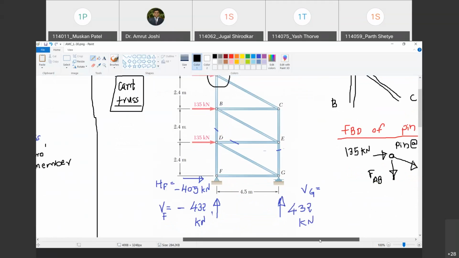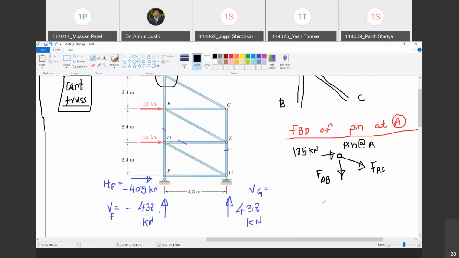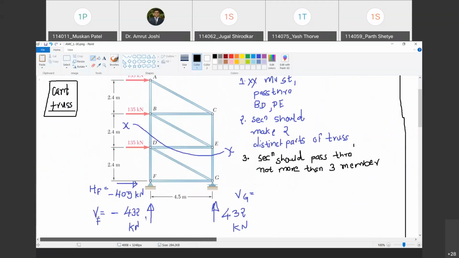Okay. Now, if the truss is in equilibrium, the pin has to be in equilibrium. Are you with me? Yes, sir. इसका मतलब क्या है? If the truss is either at rest or moving with uniform speed along various directions, then the pin also must be at rest or moving uniformly in all directions. Do you agree with me? Yes, sir. So even the pin is in equilibrium, so I can invoke equilibrium of a pin. Happy? Yes, sir.